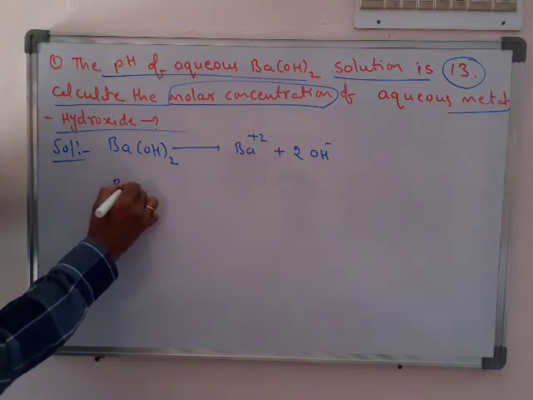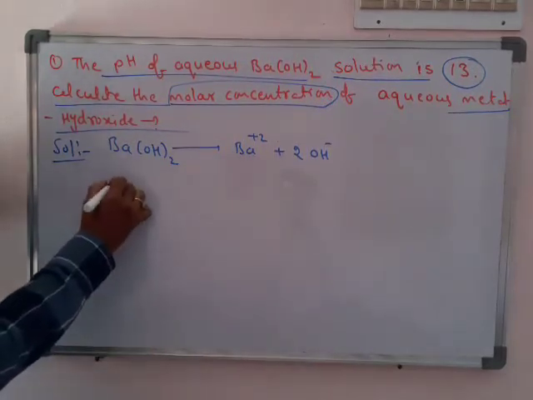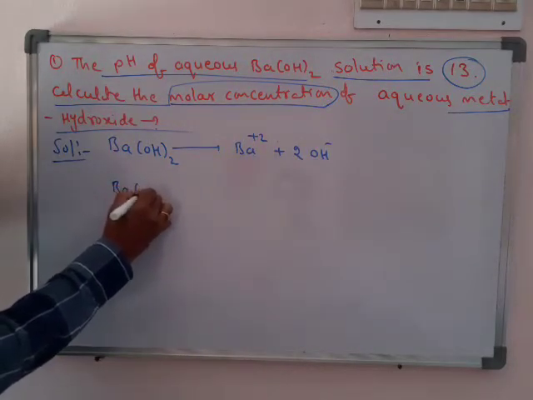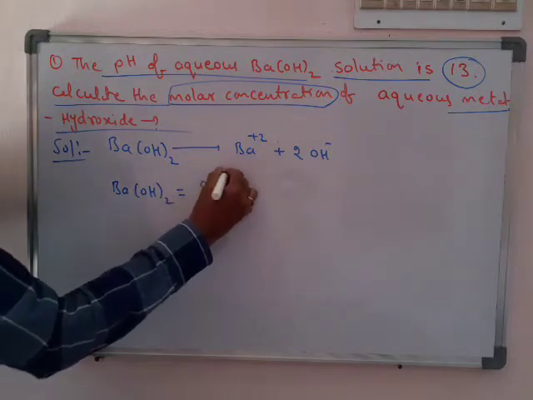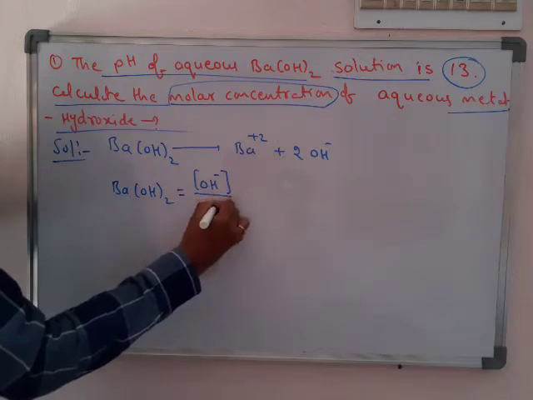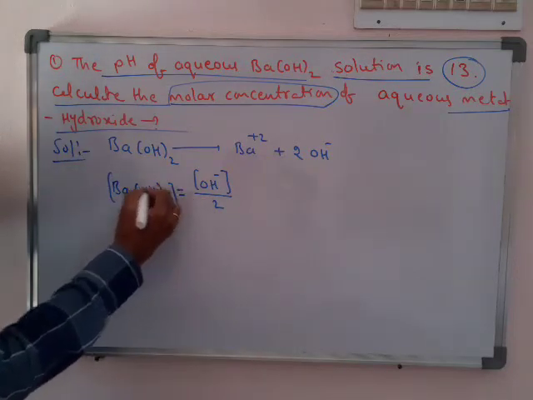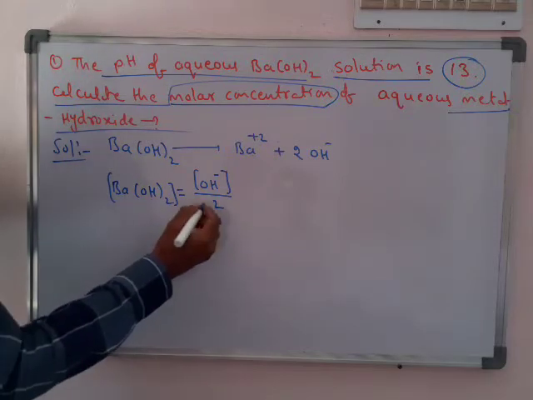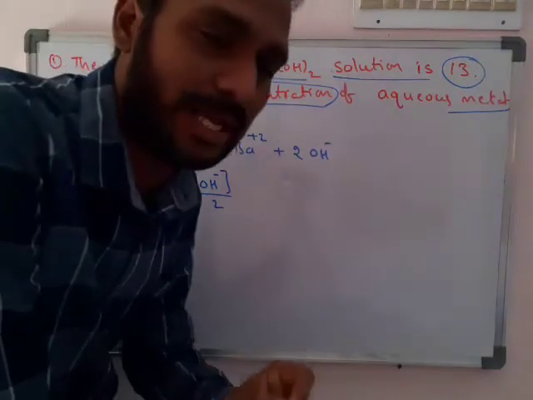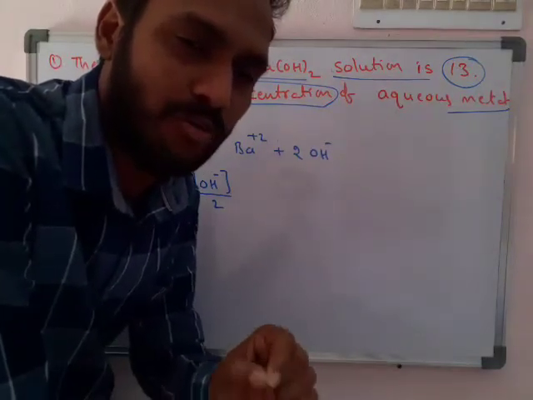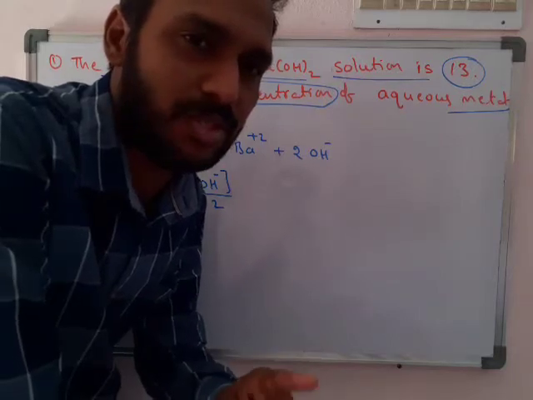So if you want to know the barium hydroxide concentration itself, that will be equal to OH minus concentration by 2. Then only we will get the concentration of barium hydroxide. Okay, so why are you doing it in terms of OH minus? Actually why we are calculating in terms of OH minus means the information is given in